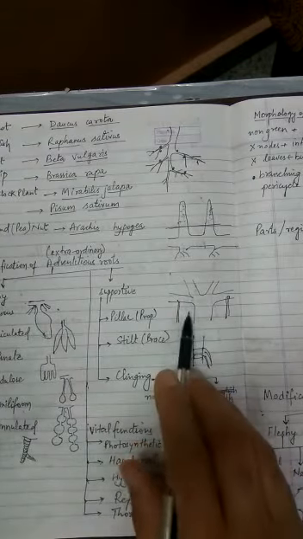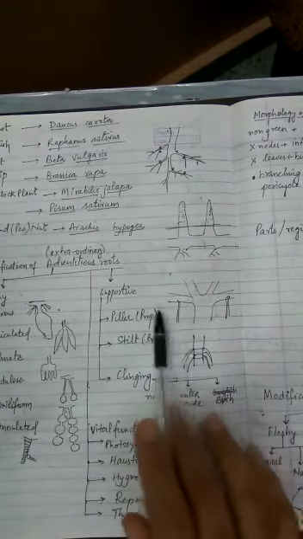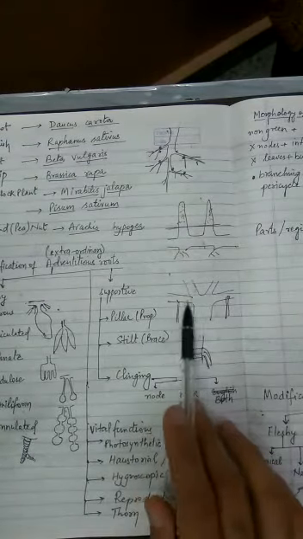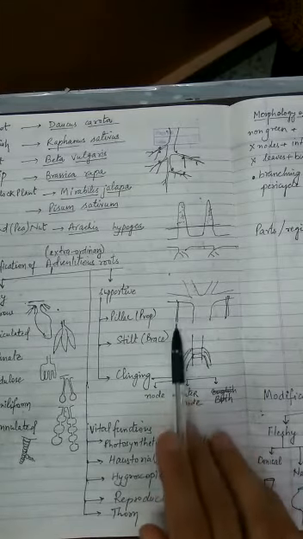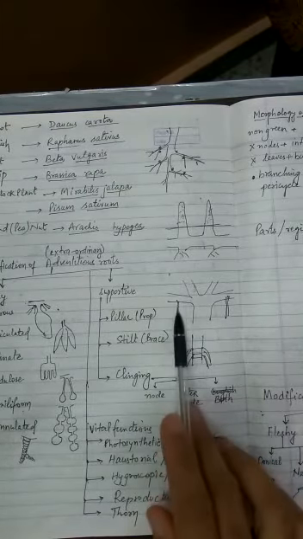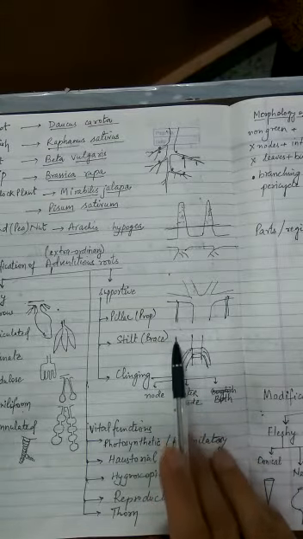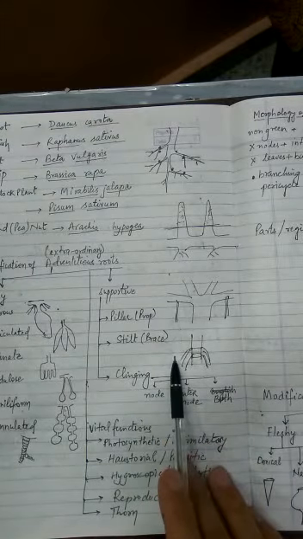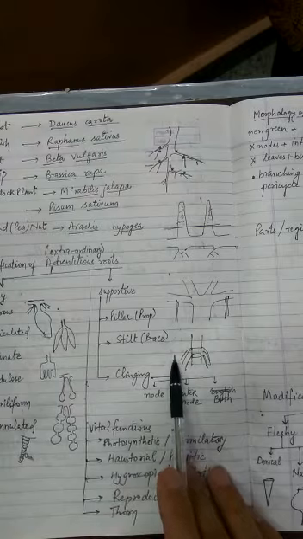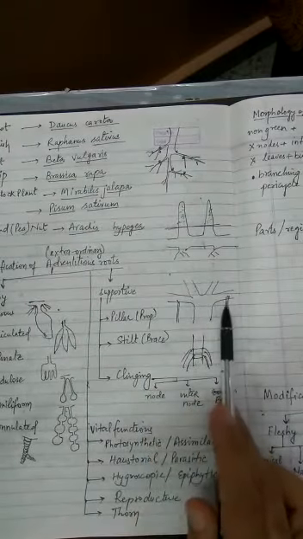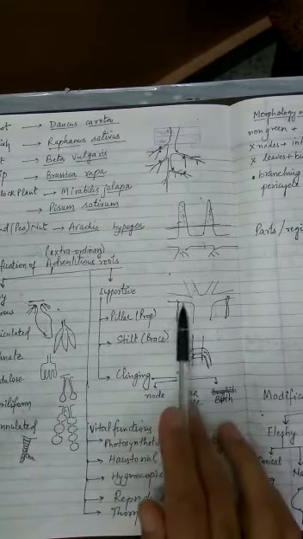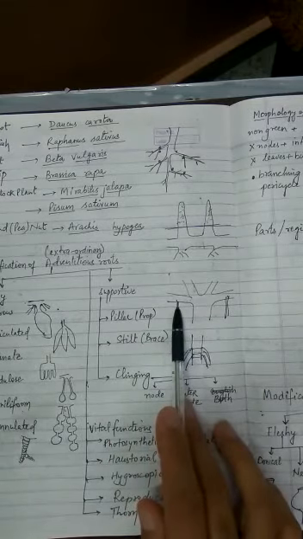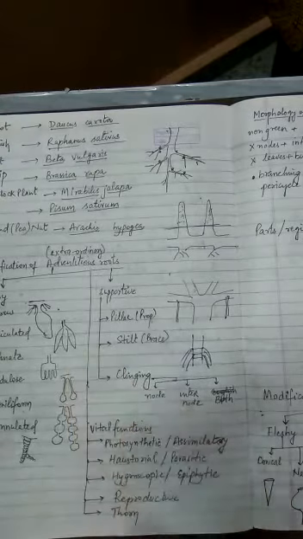So if you talk about Ficus bengalensis or banyan tree, you will find from these heavy horizontal branches, roots start coming down, and then they will grow longer and thicker, and finally they will come to the level of the ground and get inserted inside the ground, and now they will start supporting the horizontal heavy branches. So it is found in dicot plants, and because they are coming from the extraordinary area, that's why they are called as adventitious roots.